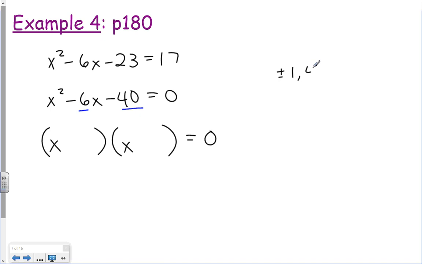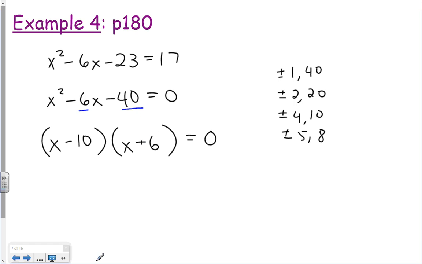Plus or minus 1 and 40, plus or minus 2 and 20, plus or minus 4 and 10, and then plus or minus 5 and 8, right? Those are all the factors of 40. And then you're looking for two of them whose sum would give me a value of negative 6. So it looks like 4 and 10 is going to be the winner in that list here. I need to subtract the 10 and then add the